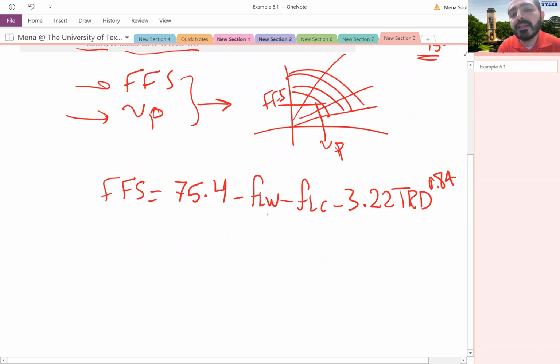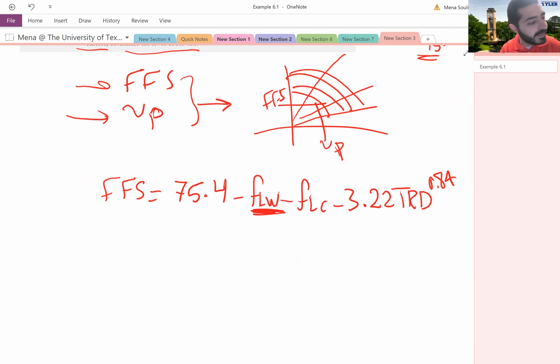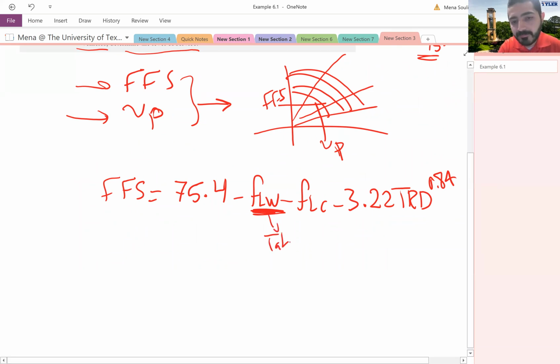Let's get going now with the first correction, FLW. This is for the lane width. For the lane width, I need to go to the table, and that is table 6.3 in your textbook. So if you go to table 6.3,